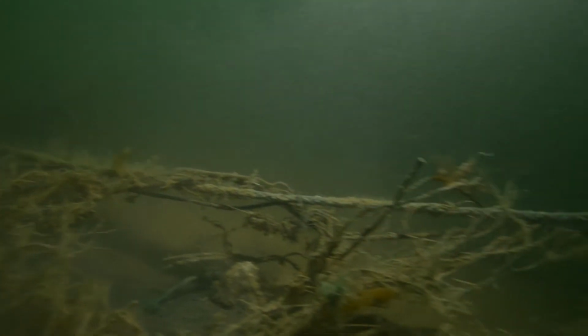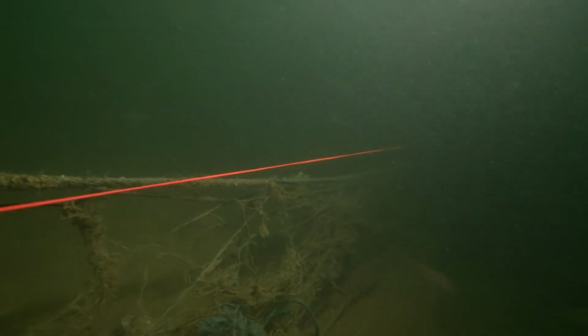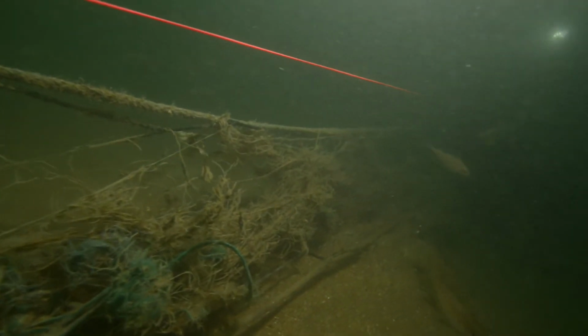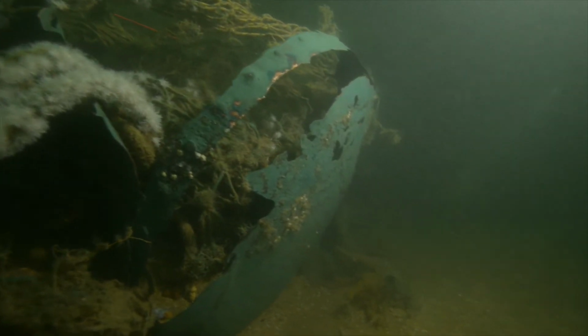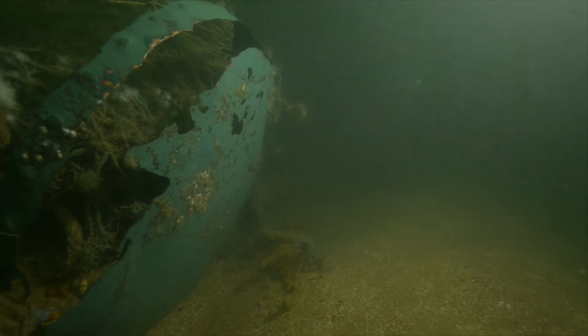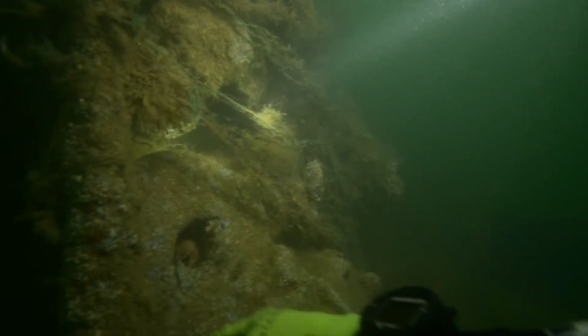It's a very complex site. It's covered in fishing net, which is camouflaging a lot of the features. The sands are moving all the time, so the topography of the site is changing on a daily basis, but we're still finding clues that can tell us about the ship, what the ship was carrying, where these artifacts are being stored. Now, a good example of this comes from the southeast end, where in front of this large concretion